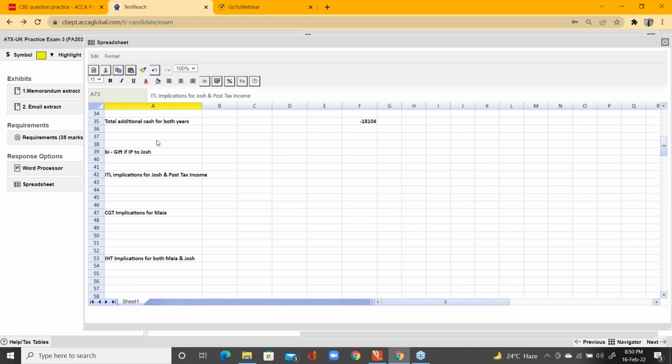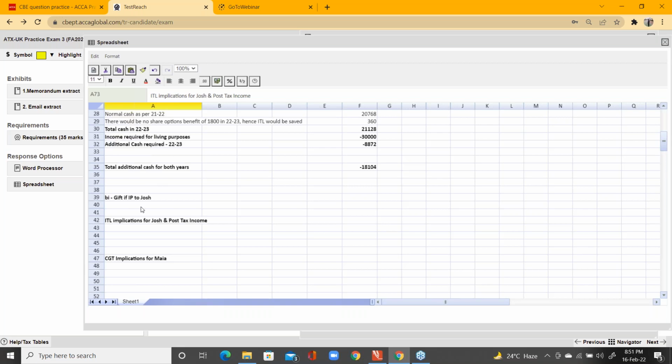Now we will start answering each part of the requirement. Hopefully you would find this strategy good, because it is going to save your time. First of all we have read the scenario and also read the email extract of our manager, and then we start the work accordingly as required by the manager. Okay, now